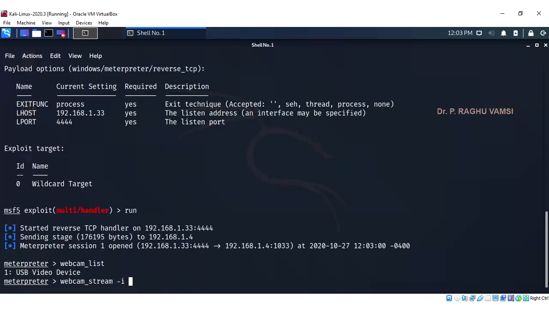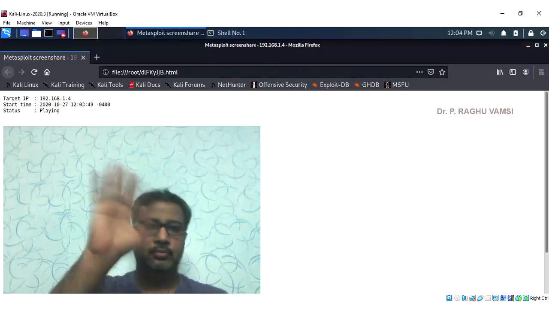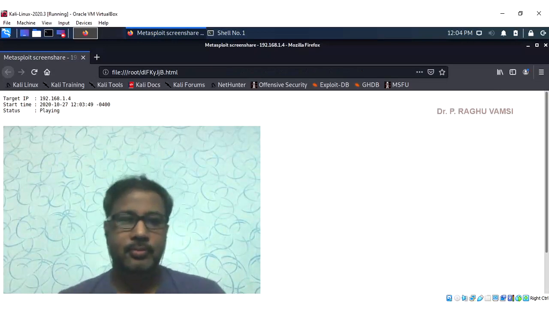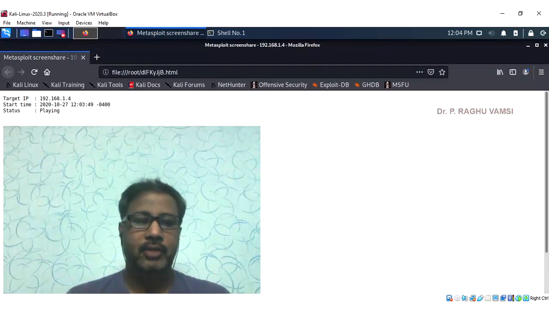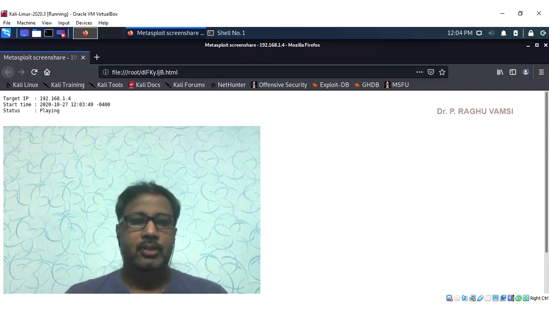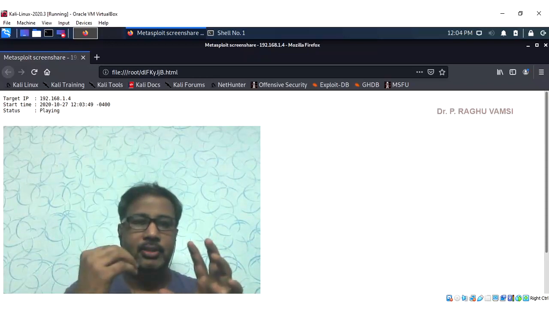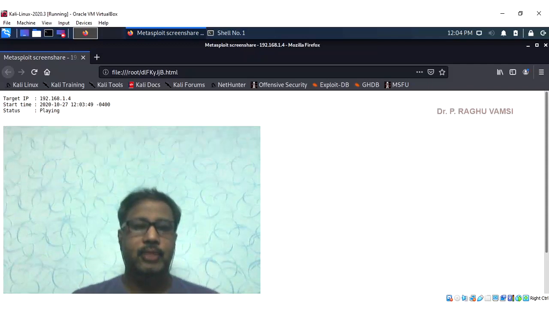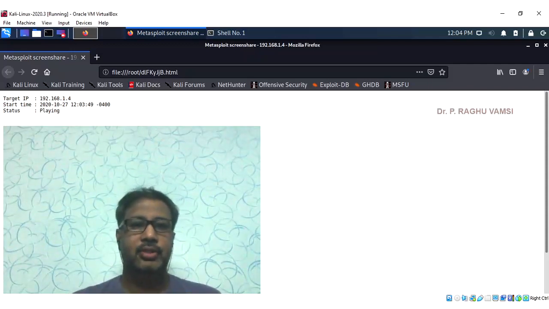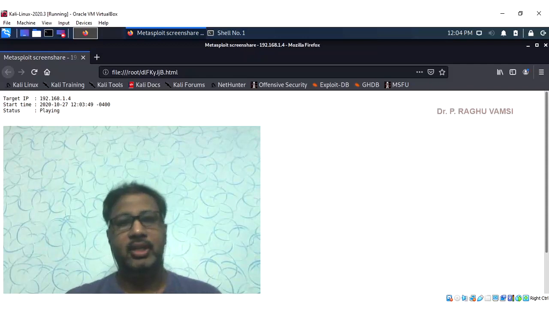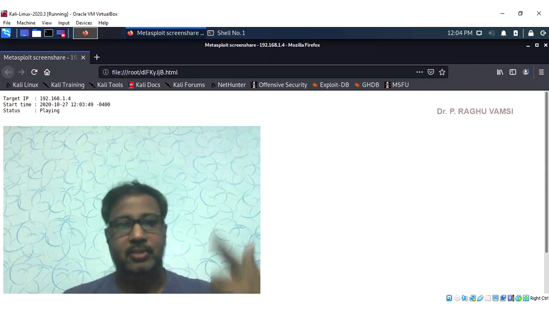If you find multiple webcams, then you have to choose which webcam you want to show the output from. So I am selecting one. So this is the image of me. You can find this. So you are going to capture this particular thing. That means from the victim machine, you are going to capture this screen. That is, you are going to access the webcam and see it via the Meterpreter connection and especially via the reverse TCP shell.